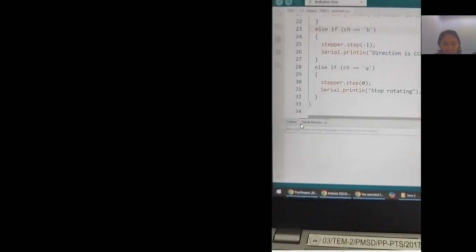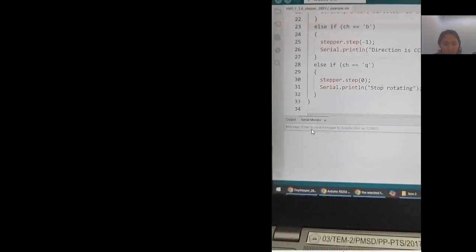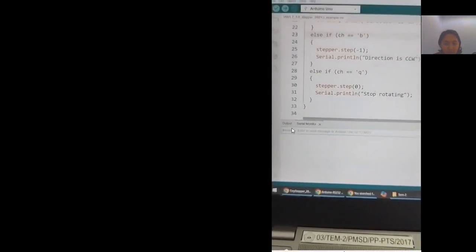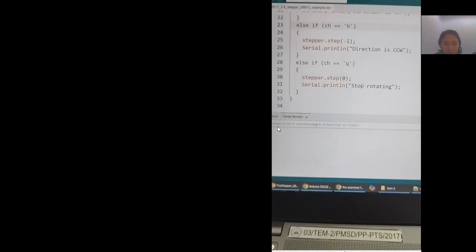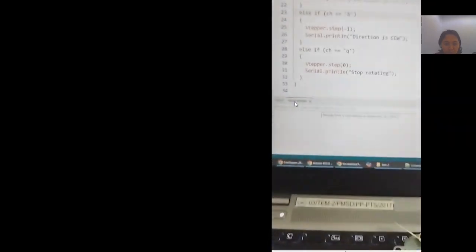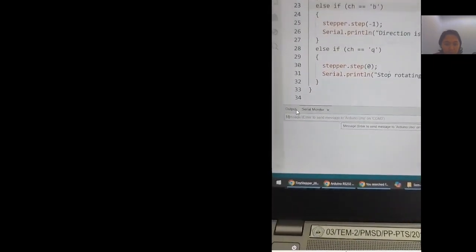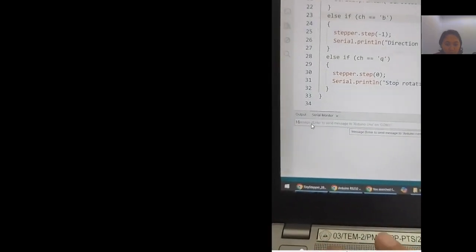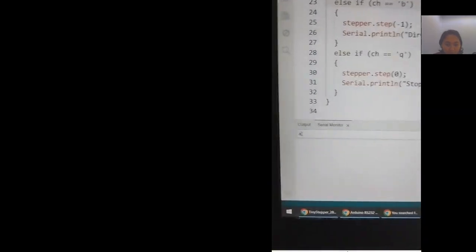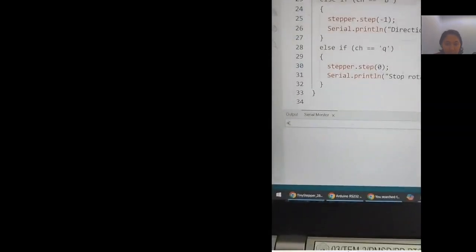and then write the character in this part. I write A. It means the stepper motor will rotate clockwise.